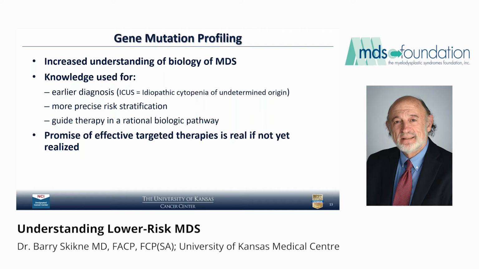So this has been studied at the moment and will likely be added to the IPSS-R scoring system. And so the mutation profiling gives us great promise for effective targeted therapies, and this is already happening. And if not yet achieved with targeted therapies, it's going to come, because knowing which cell lines are abnormal, in